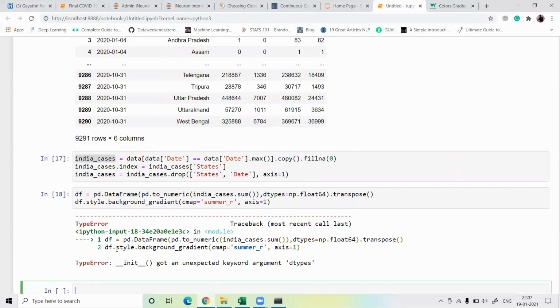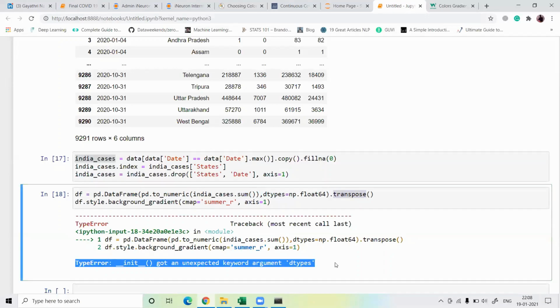Now this is the error: pd dot DataFrame, pd dot to numeric, India cases dot sum, and then transpose. Let's try to search on Google, guys, for dtypes.